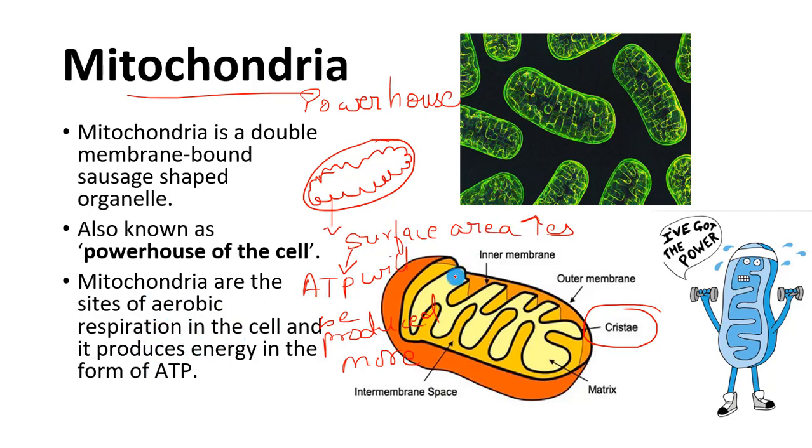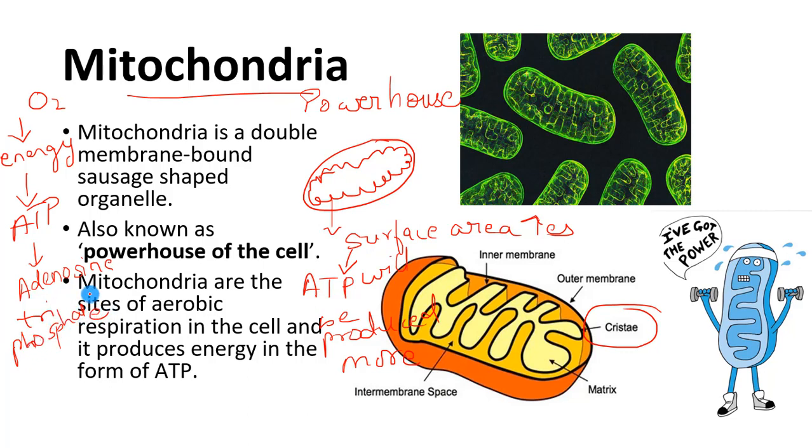So if you have learned about respiration, what happens in respiration? The oxygen which we take in goes to mitochondria, and then this oxygen is used to generate energy in the form of ATP. So we have energy in our body, in our cell, in the form of ATP. It is said to be adenosine triphosphate.